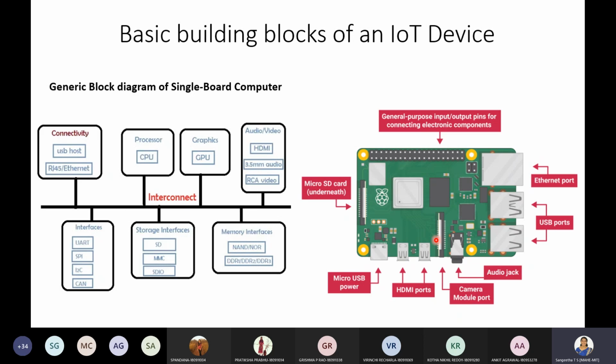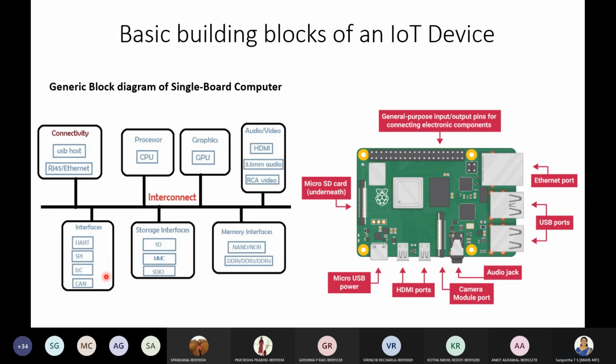If I show this actual device in the form of a block diagram, these are the major components, which include, just like any other personal computer system, a processor, CPU or GPU, then audio, video jacks, and then memory interfaces, storage interfaces, and other interfaces.